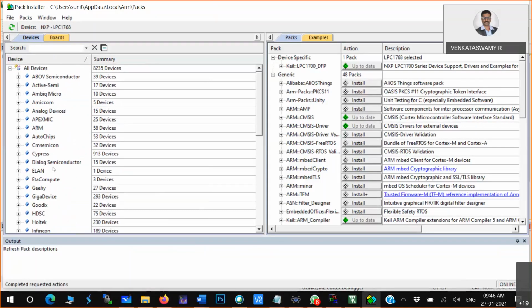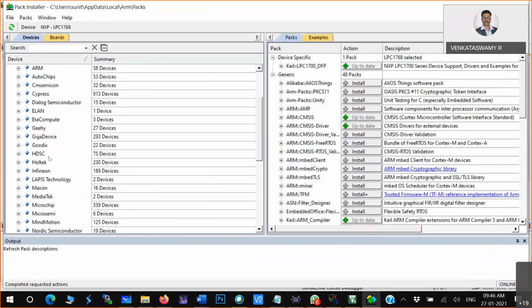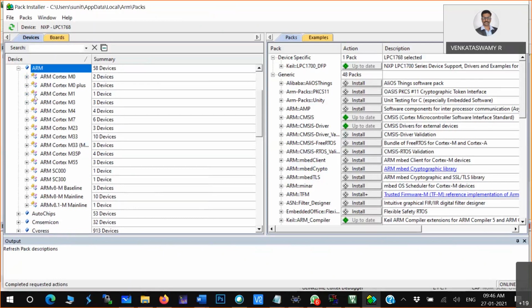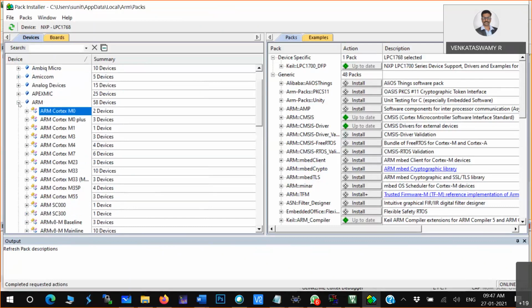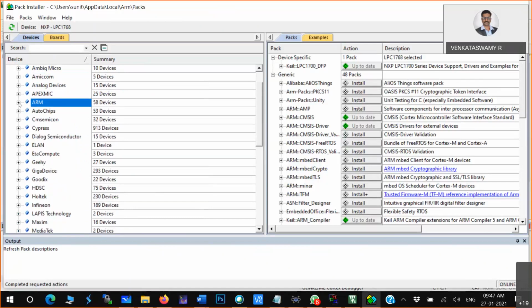These are all semiconductor industries, and under that you see how many microcontrollers are there. ARM itself has 58 devices.